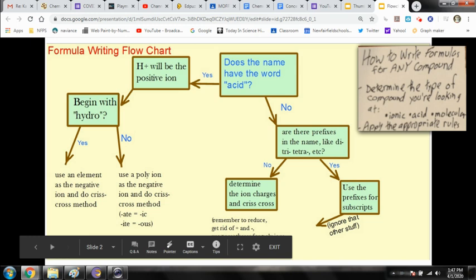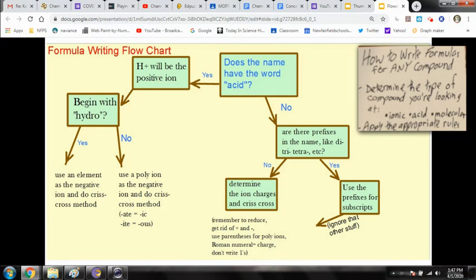Well, hello everyone. And now it's time to learn how to write formulas for any compound. That's right. You see, up till now, all of the compounds that you've been writing formulas for have been categorized. There are three categories we've looked at: ionic compounds, acids, and molecular compounds. And for all the practicing that you've done and all the work you've done so far, each of those categories